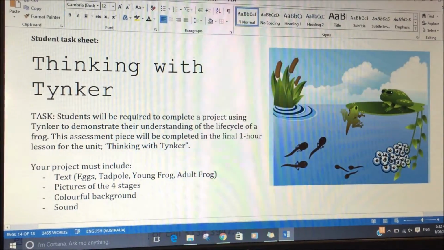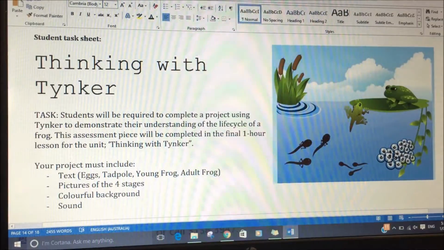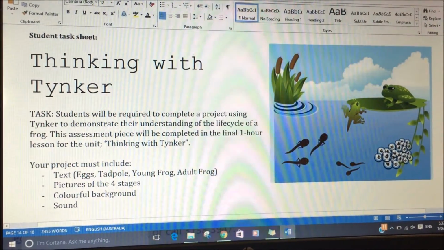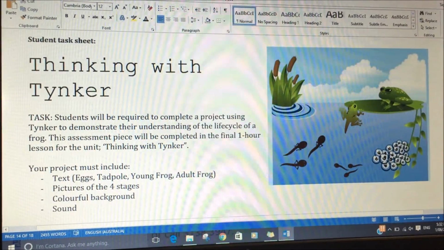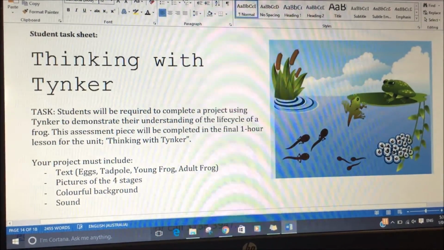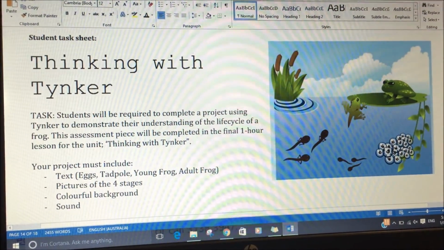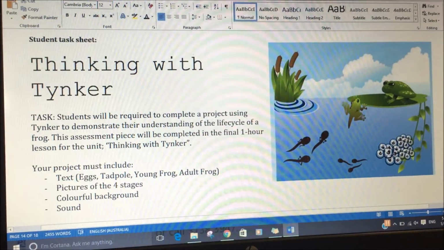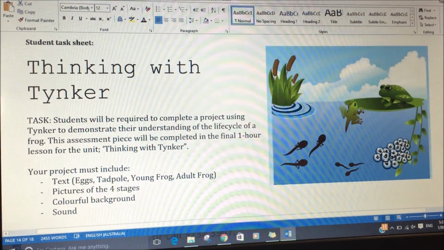The assessment task for the unit plan involves students having to complete a project using Tynker, which will demonstrate their understanding of the life cycle of a frog. The assessment piece will be completed in the final 1-hour lesson of the unit. The project must include text, for example, eggs, tadpole, young frog, pictures of the 4 different stages, a colourful background,